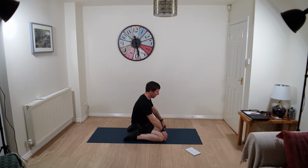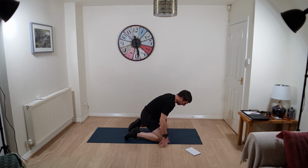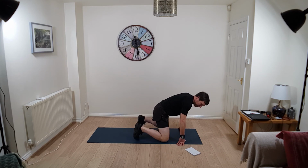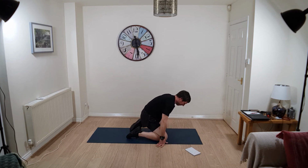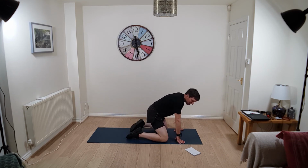So just keep going, allowing your weight just to ease you down. If you get cramp, just release it for a moment, go back to it, and just see if you can flatten your ankles out, getting a stretch through there. Oh, I'm struggling here, I'm getting cramp in my toes. Pushing too hard. If you keep getting cramp, you're trying too hard, so just bring your feet in a bit towards you, so you can't put as much pressure on them. You're getting a nice stretch here in the front of your ankles, you'll feel it all in there. I mean, it is a little bit uncomfortable, to be honest, but it's good for you. Okay,